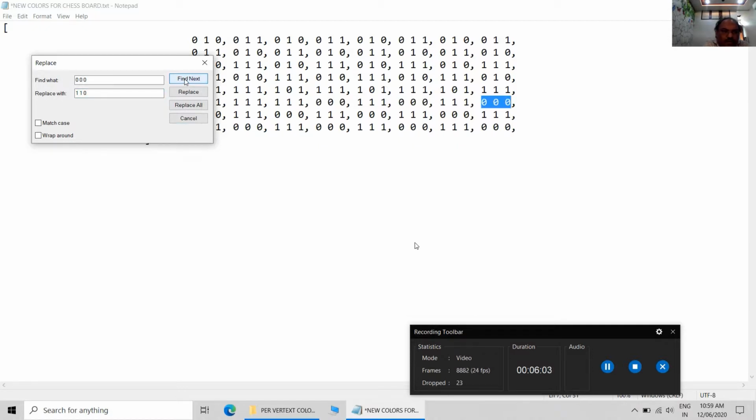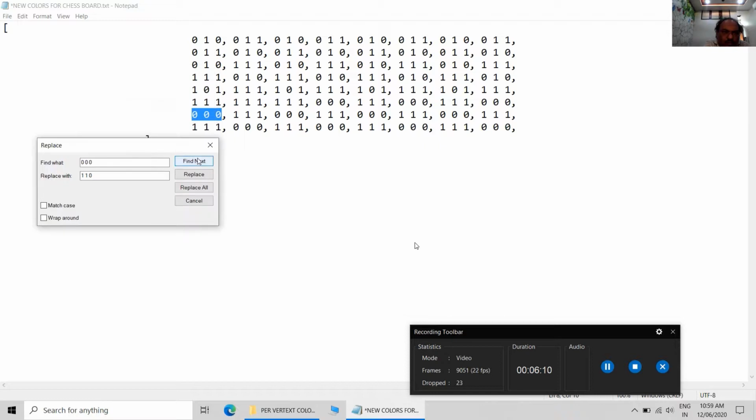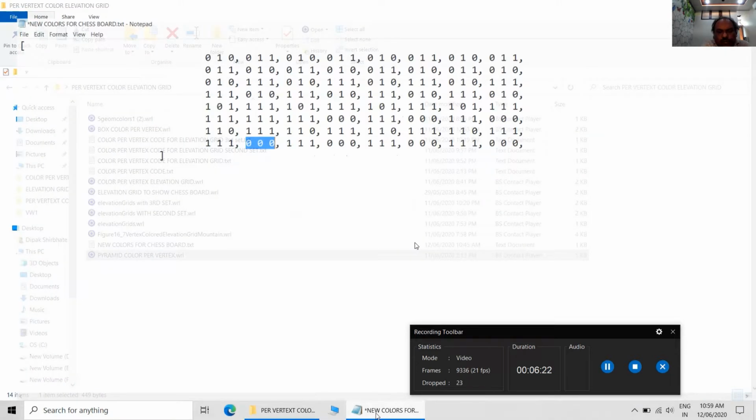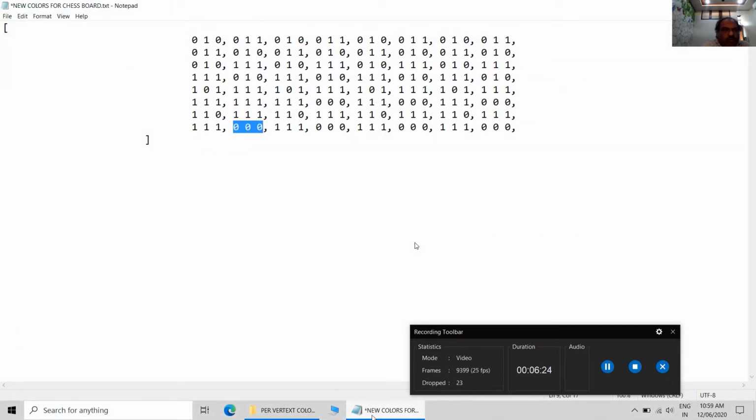Okay, so now we have carried out a lot of replacement of black and white squares with different colors.